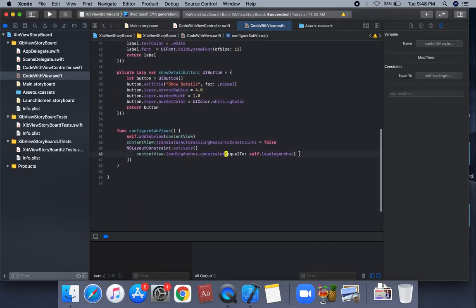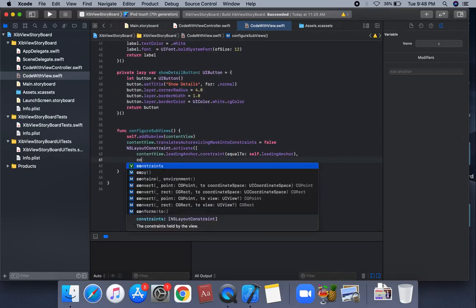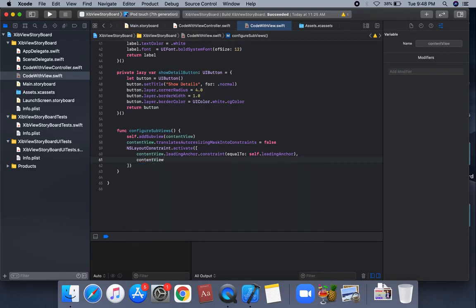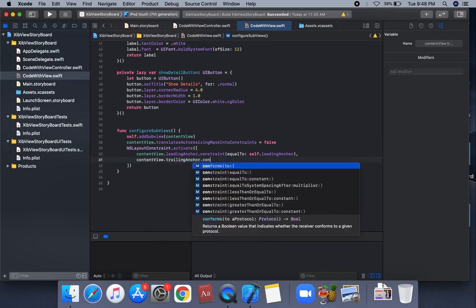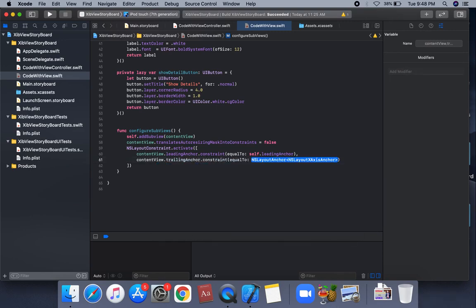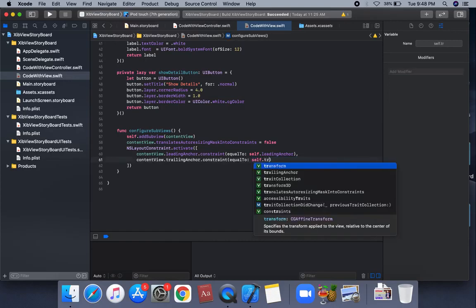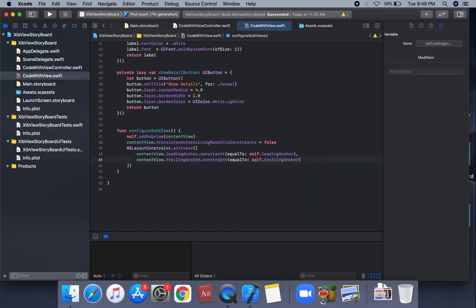Leading anchor, we're going to apply this constraint, and for content view we're going to apply the top anchor, leading anchor, and trailing anchor dot constraint equal to self dot trailing anchor, and we're going to apply the top and bottom constraints.